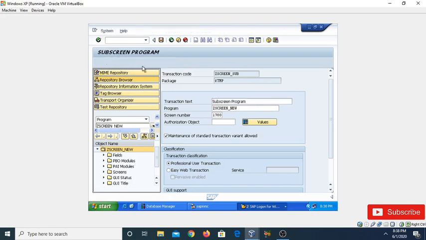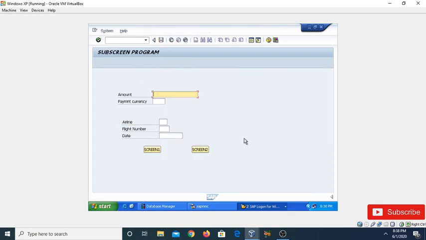Click on the save button and then execute it. So you can see it is showing our previous main screen data as well as our subscreen area. This subscreen area is on which the screen 1 default element is showing. Now when I click screen number 2, it will change the content of this subscreen. So when I am pressing this screen 2 button, it is calling the subscreen number 2.